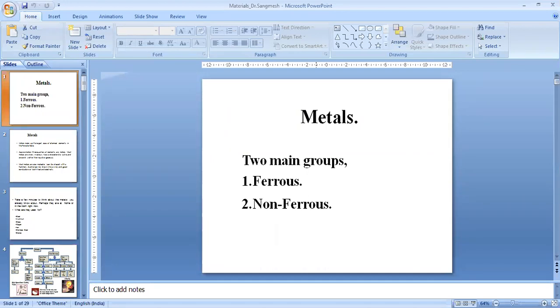So friends, basically we use different types of material. Maybe we have seen different types of engineering material in our day-to-day life. We know that different types of material exist in nature, and each material is unique in its physical properties. For example, some materials are going to float on water, and some materials are going to sink.